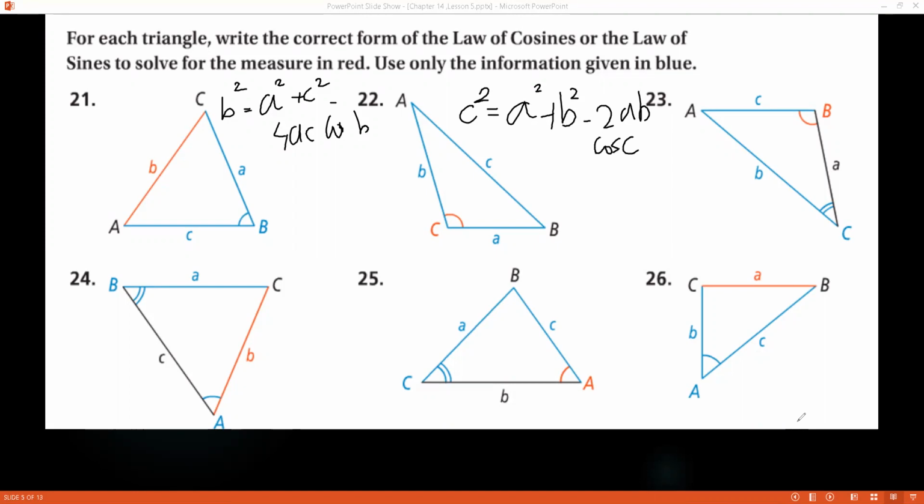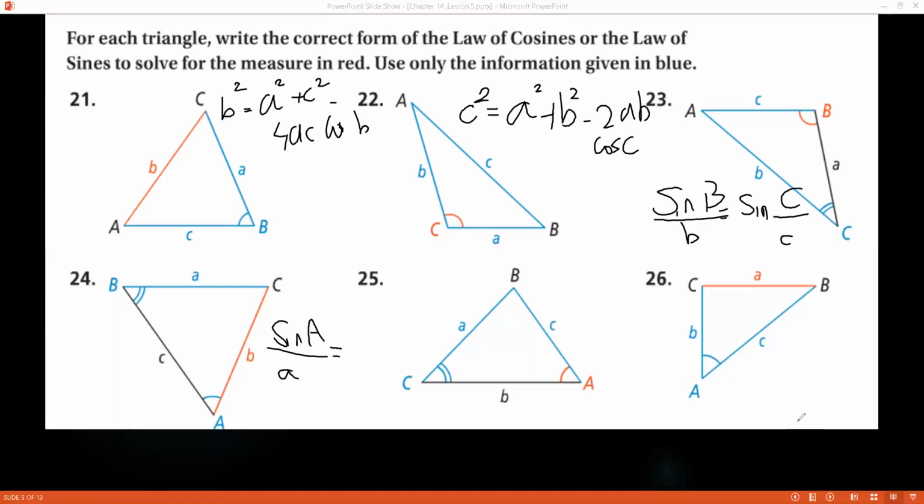Number 23: you have two sides and a non-included angle. Which law do you have to use? Law of sine. That's sine of b over b will be sine of c over c. Right. Number 24: here we have two angles with a non-included side. Law of sine. So here, sine of A